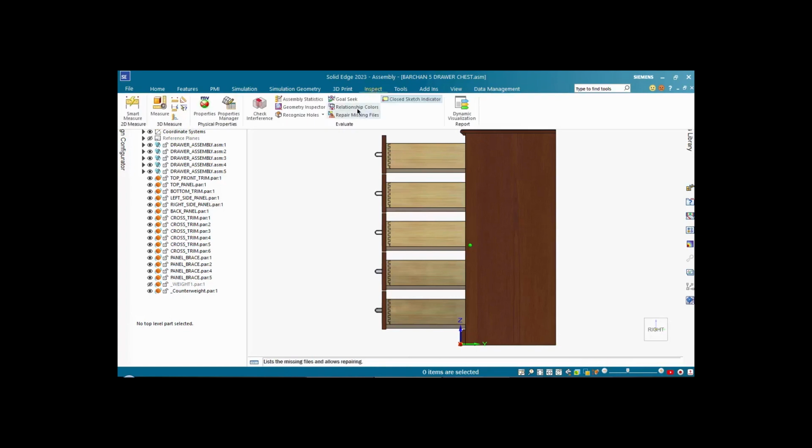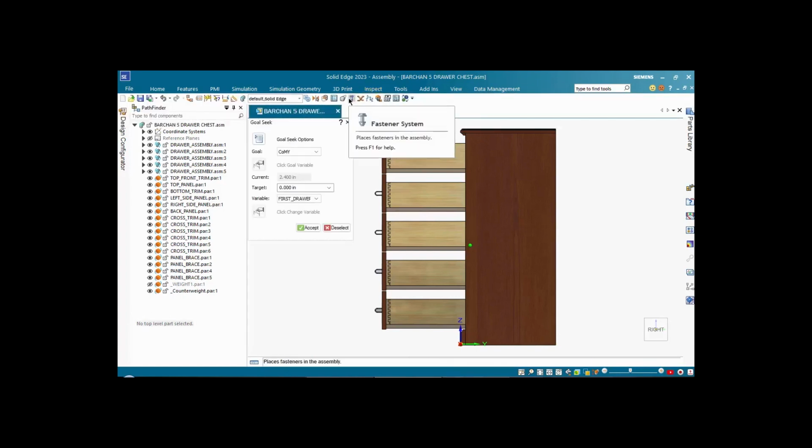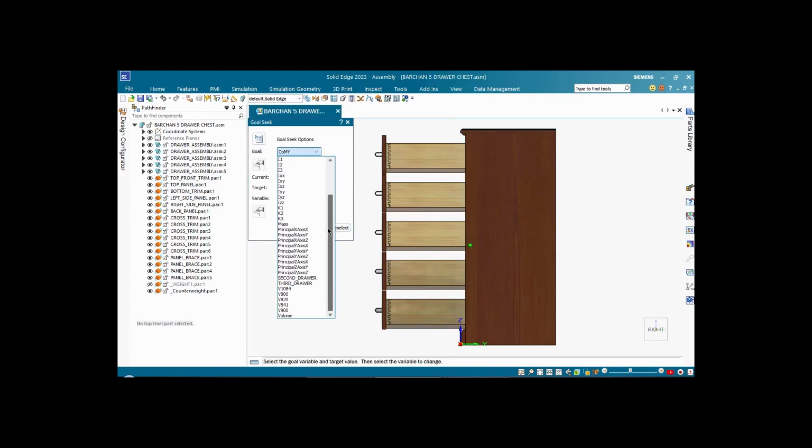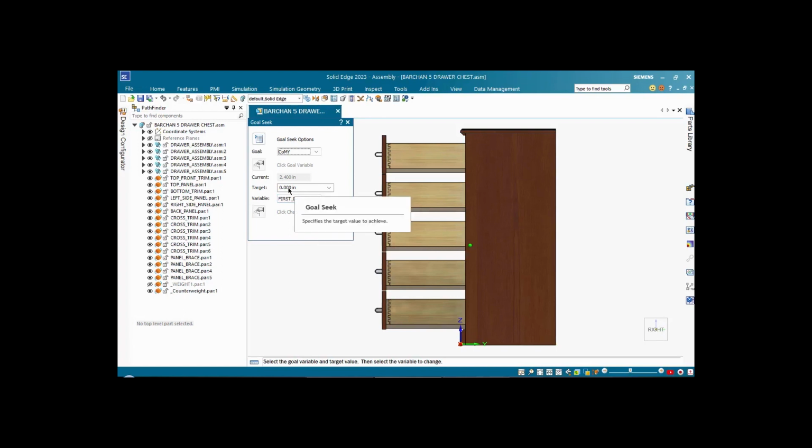Under Inspect, we have Goal Seek that allows us to calculate many different things: momentum, inertia, mass, a lot of different things. But in this case, we're interested in the position of the center of mass along the y-axis, and we're going to be solving against the variable first drawer, which controls the position of all drawers. So we want to find out at which point we reach 0. If I hit accept,